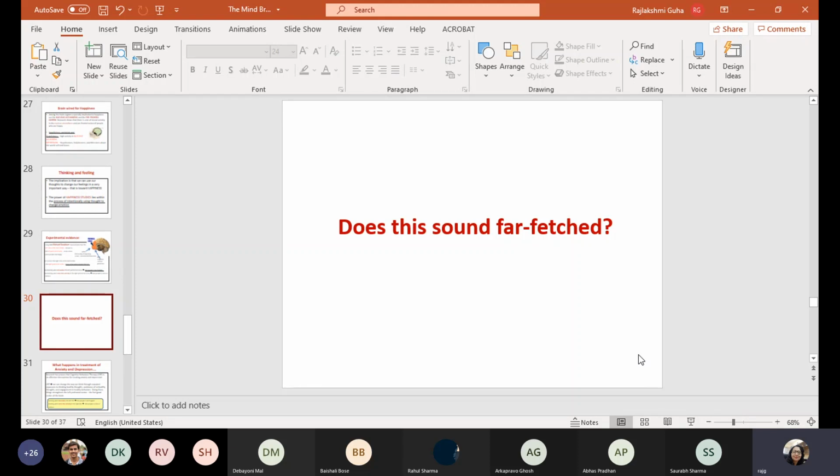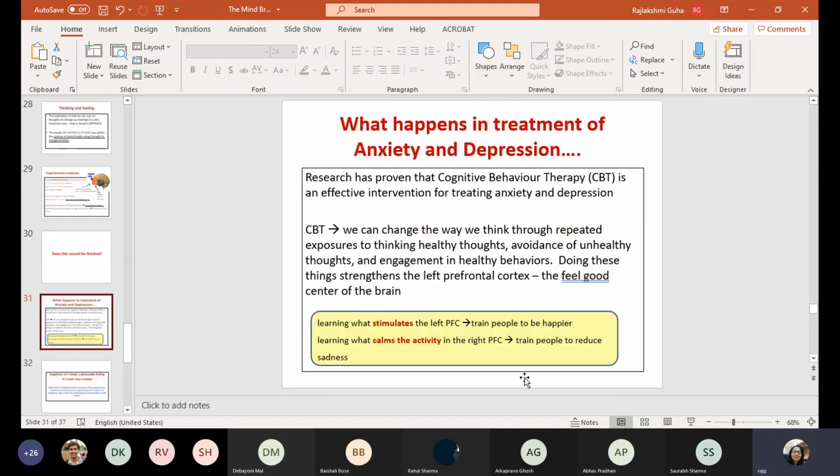In fact, Damasio has worked on decision making, and he says that emotions affect our decision making. If we do not have emotions, we will not be able to take a decision. So the emotions actually help to sway the favor towards a particular decision. There's a wonderful video on this also. You can check it out on YouTube.